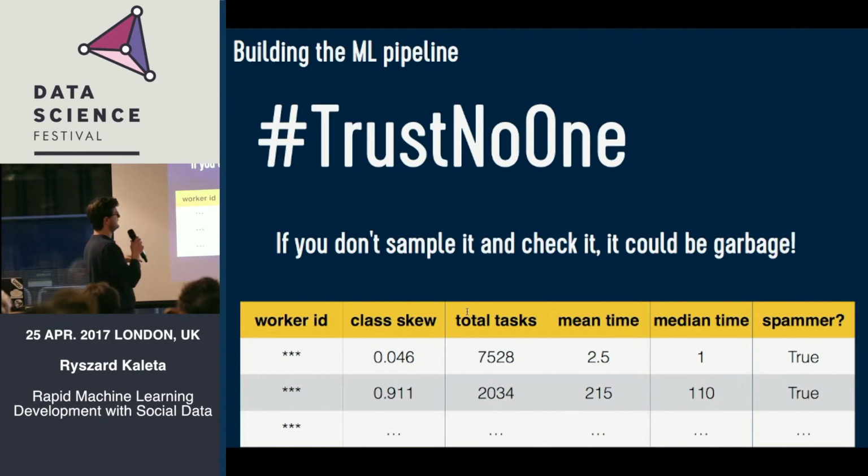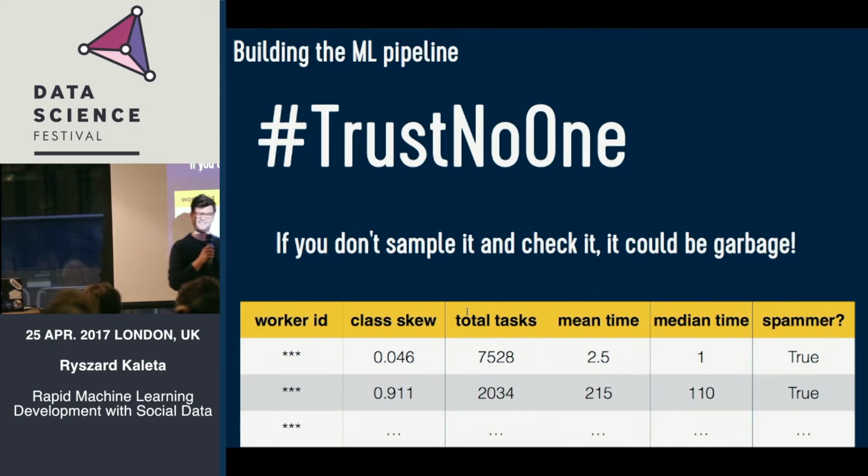So what we have here is an example of a simple bot detection algorithm that we built, which goes through the data sets and looks for unusual activity. Like if I have a binary classification job to do, and I know that the training data should be about a 50-50 split between the two labels, and then I see someone completing 7,500 tasks with a really significant skew and a median completion time of just 1 second, it looks a little fishy. And so we use the feedback mechanism to build ourselves a trustworthy attacker population before we actually use the training data set.